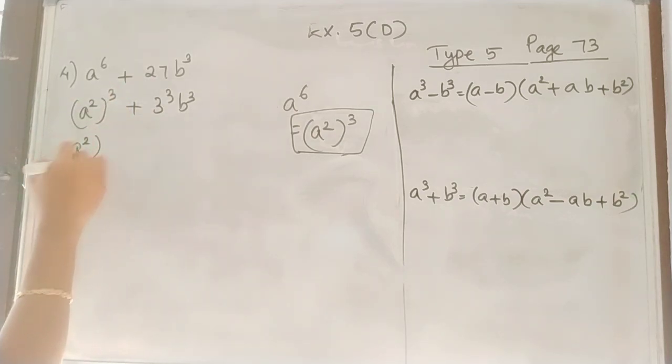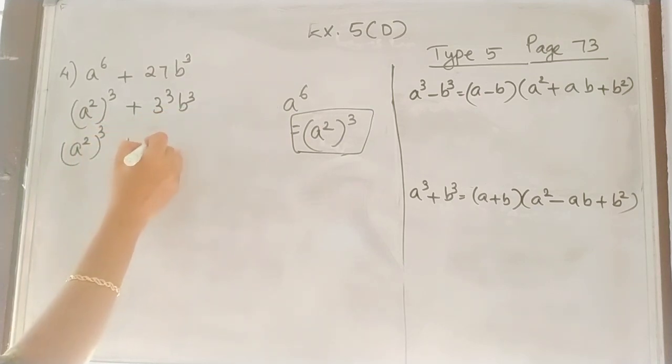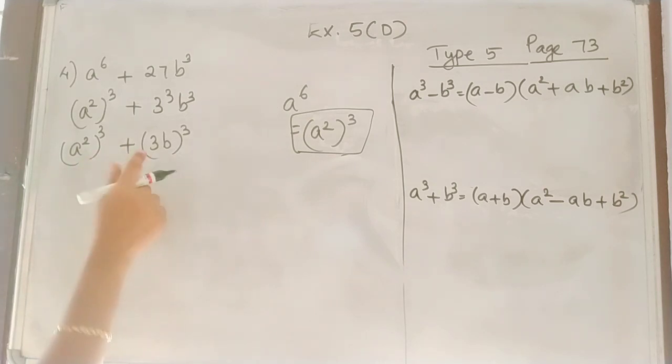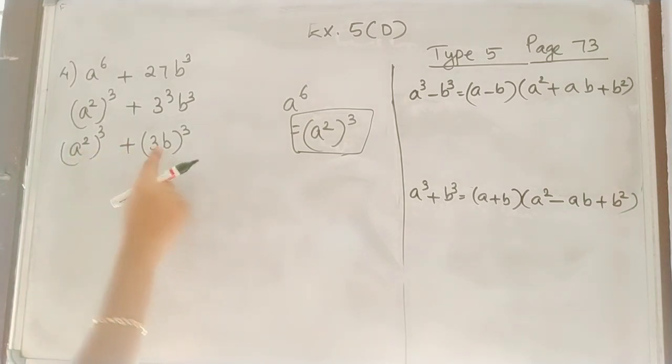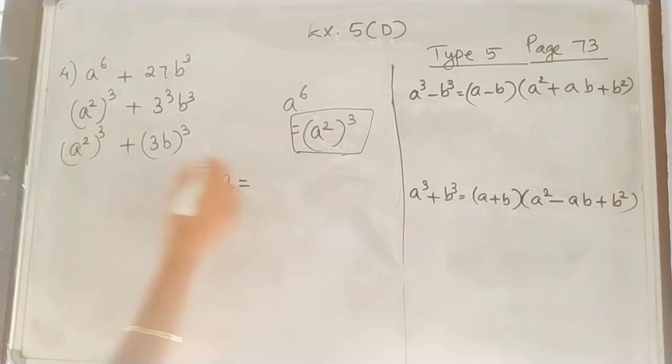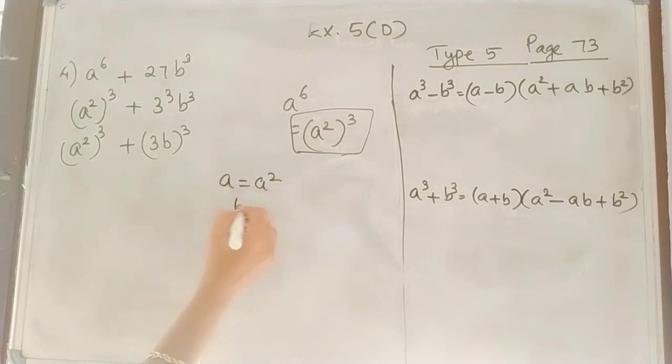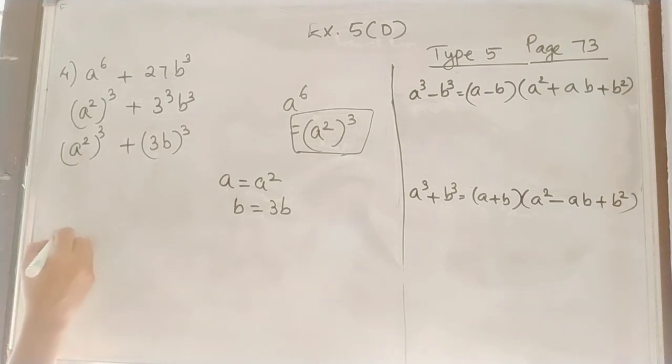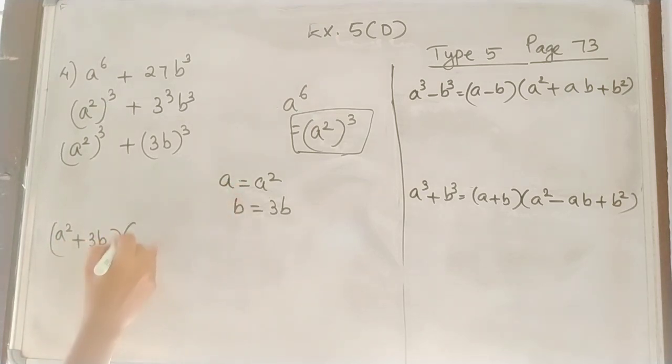First again we can change that 3b the whole cube. So now we can say this is in the form of a cube plus b cube. Here a is equal to a square and b is equal to 3b. So a cube plus b cube is (a plus b) into